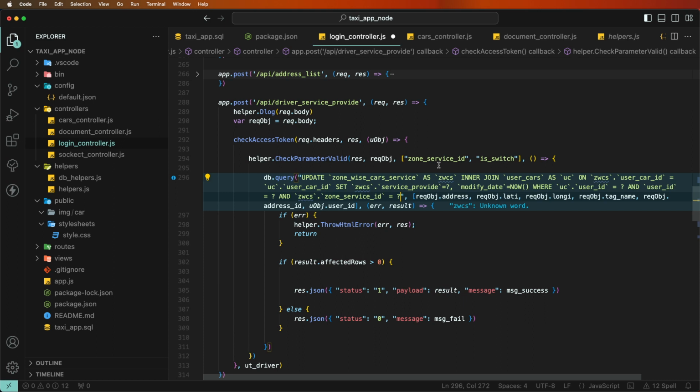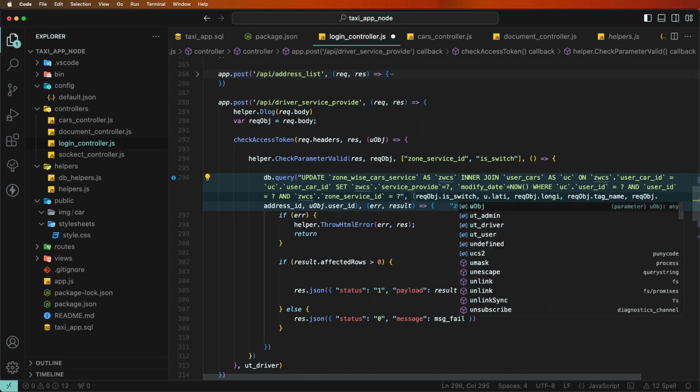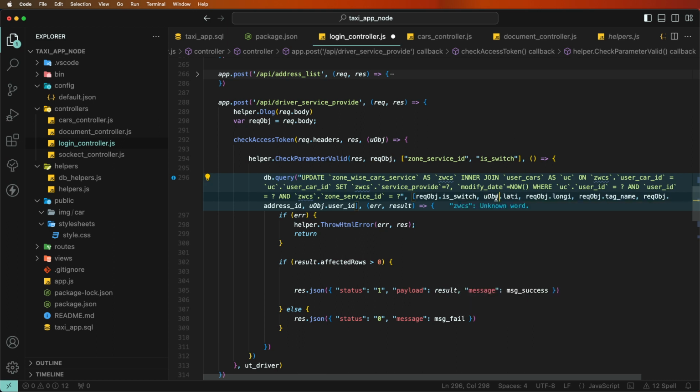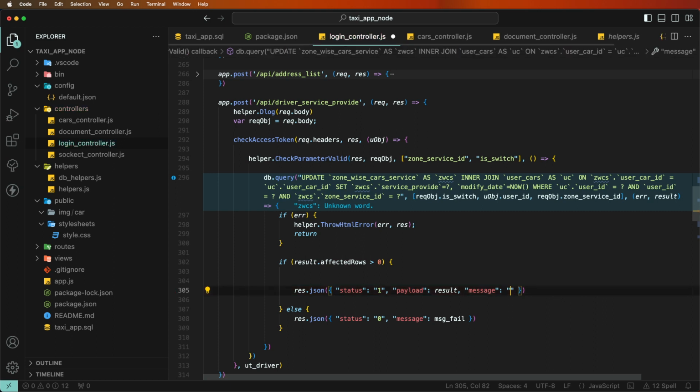Now need to give the values. First of all, pass the is providers, give the switch value through request dot this value, and then after we need to pass the login user ID. You need to pass it through the object, and give this user ID. And also create the zone ID, service ID and other things we need. These three parameters are the reads, and set this here and run, with the message service